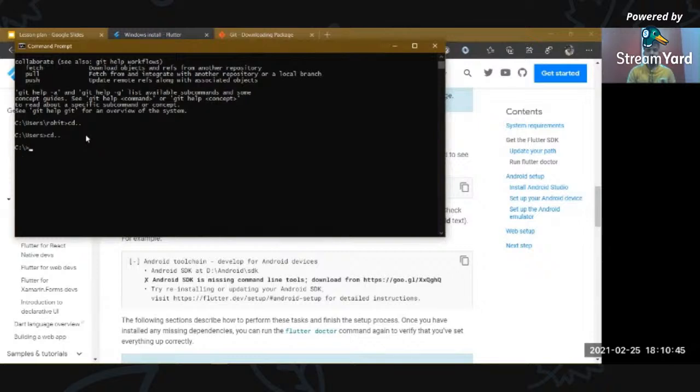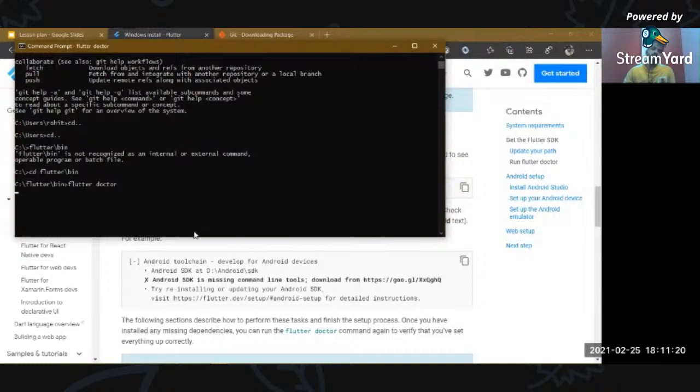I've configured it in Flutter/bin. Oops, I have to use the cd command before that. Yeah. Now run Flutter Doctor.